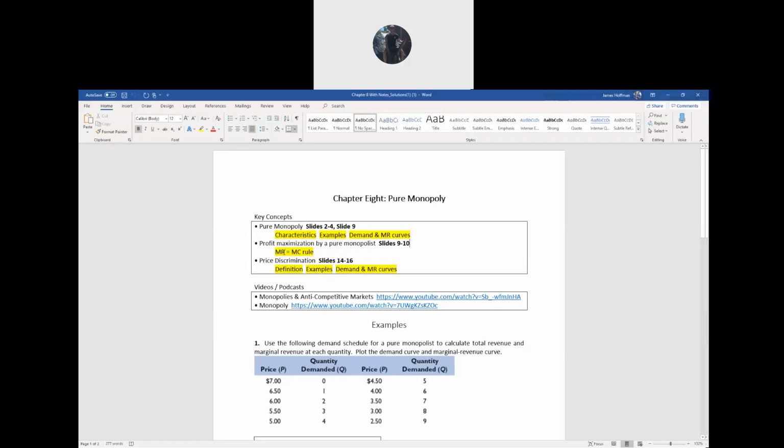All right, so what you'll note here is that we're going to stick with the same rule for all these markets, including this one. So we're first going to start with the point in which the monopolist MR curve equals the MC curve, because that's the best they can do. Okay, so if you look at slides 9 and 10,